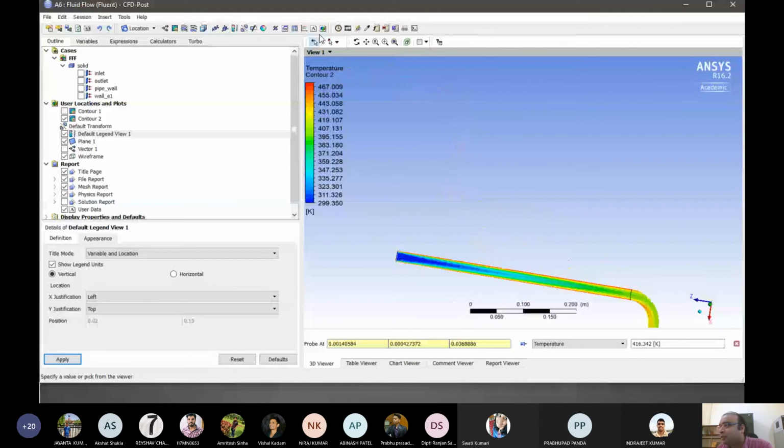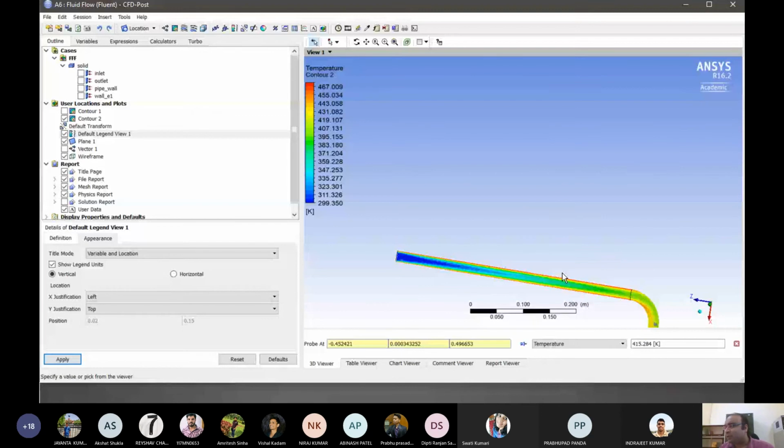If we probe it here, it will start from 299. It is basically increasing gradually as the heating goes on, and ultimately increases to 417 and then stabilizes there.